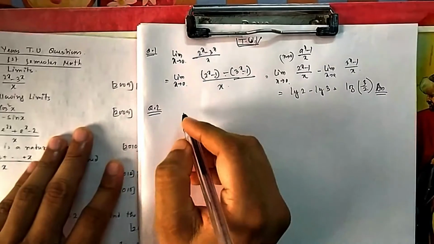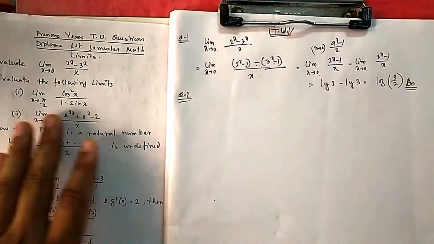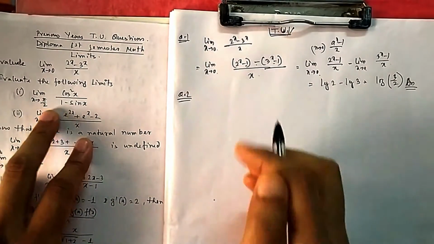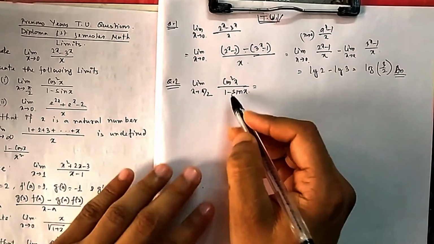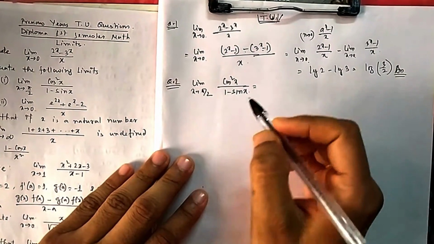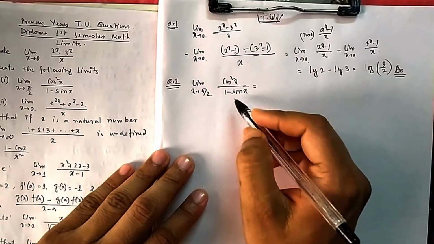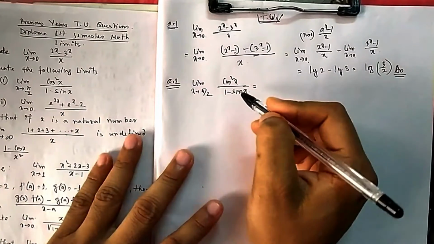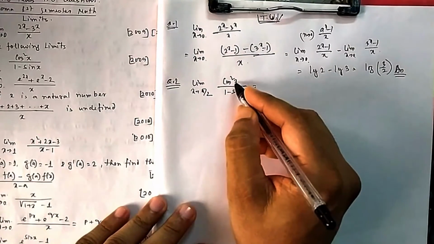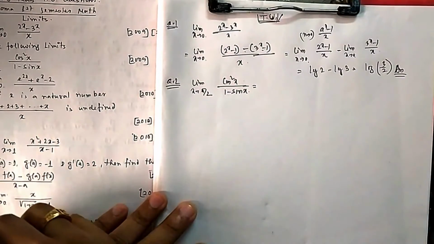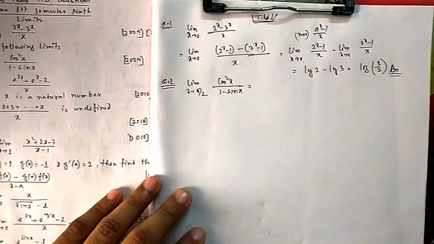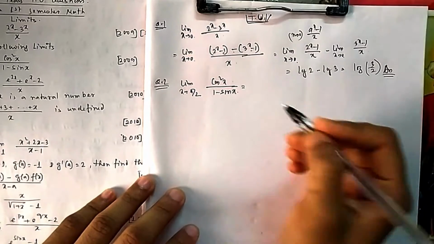Next, if you come to the second one, the question is the limit as x tends to pi by 2 of cos square x divided by (1 minus sin x). In trigonometry, it is not a standard formula. Now you put x equal to pi by 2 and see whether there is a problem or not. If everything is coming okay, you get a good finite result. So x equal to pi by 2, what is cos pi by 2? 0. What is sin pi by 2? 1, minus 1 is 0. So 0 by 0. 0 by 0 is an indeterminate form, so you cannot write anything there. That means you have to do something.